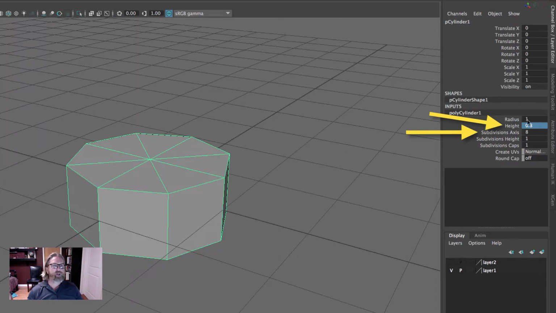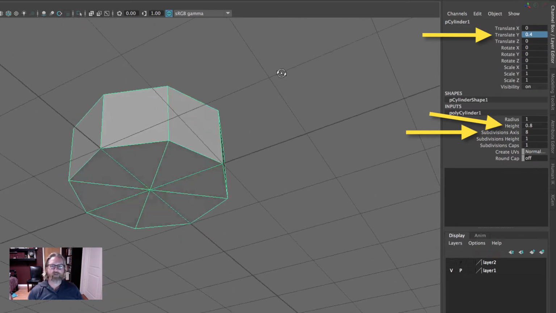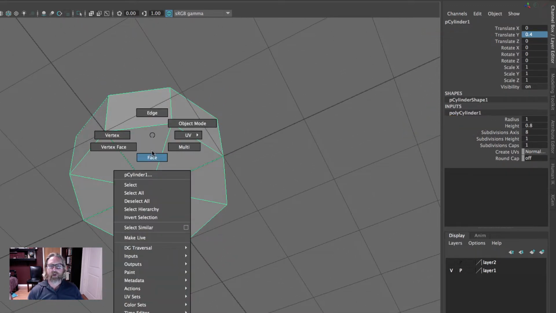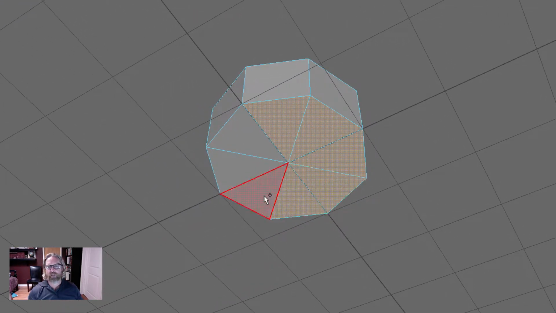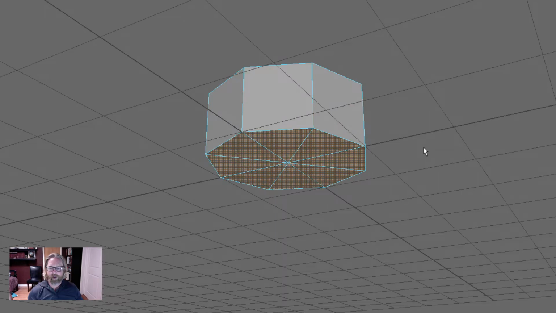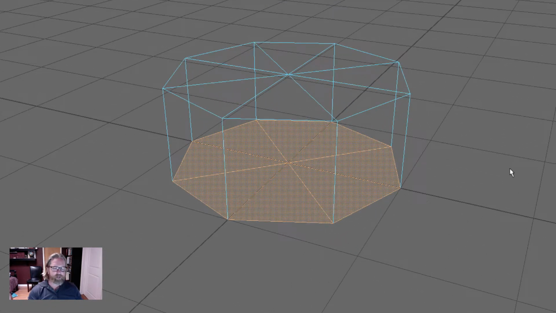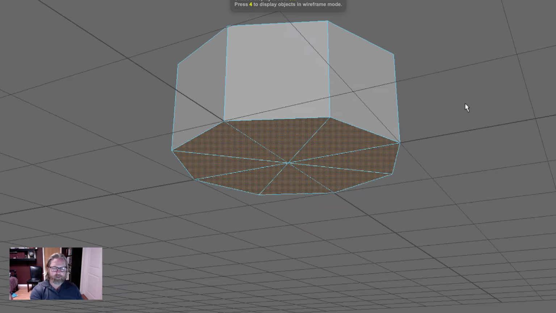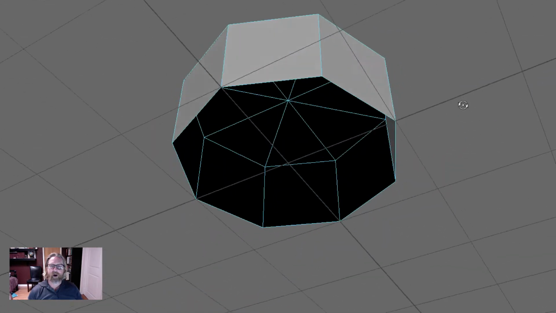And because we shortened that, we need to raise it up so that it's sitting on the ground plane with a translate Y of 0.4. I'll right click now and we're going to delete the bottom faces. I'm holding the shift key and selecting all of the bottom faces. We'll hit the 4 key and we can see that we don't have anything else selected. If we come back to 5 and I hit delete, you can see that we've deleted the bottom faces